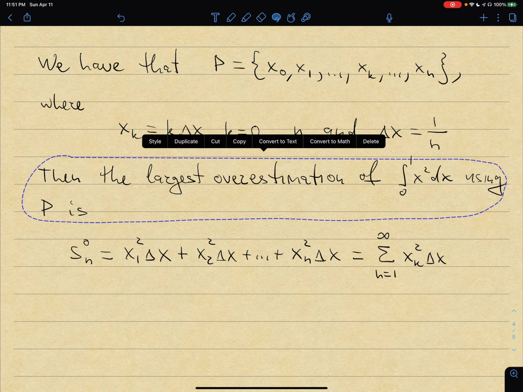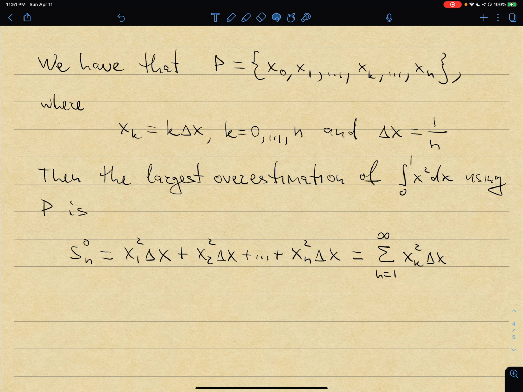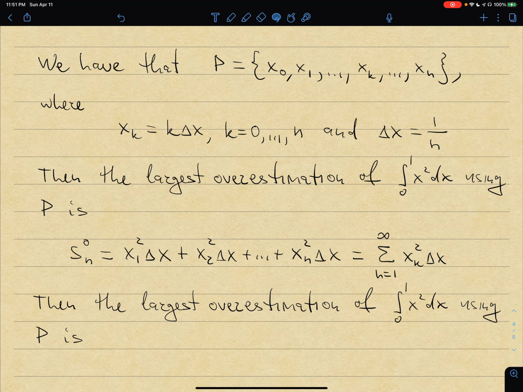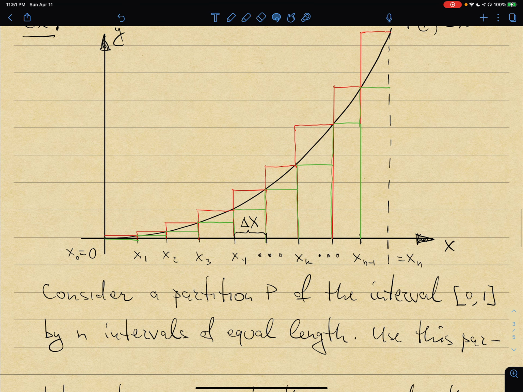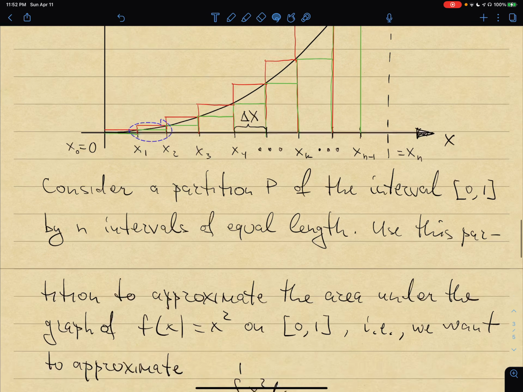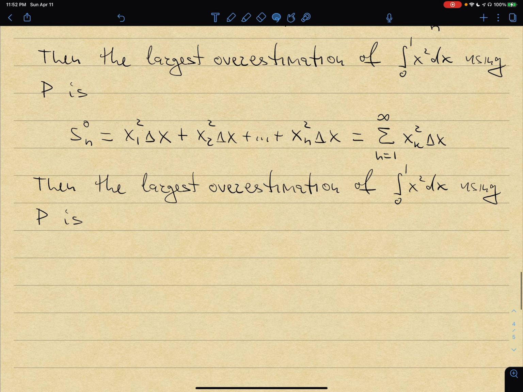Then remember, if I use green rectangles, that will give me the lowest possible underestimation. And the only difference between red rectangles and green rectangles is that the height of a green rectangle is going to be the value of the function at the left endpoint of each subinterval. So the lowest underestimation